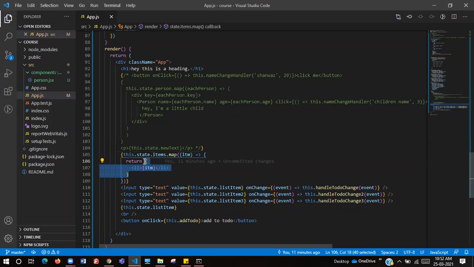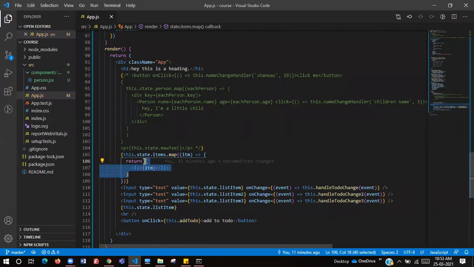Yeah, and after that, you are also not passing event to handleToDoChange. So this.handleToDoChange is a function, you need to call it as a function, like method calling how you do, and we need to pass that event as a parameter to that function.